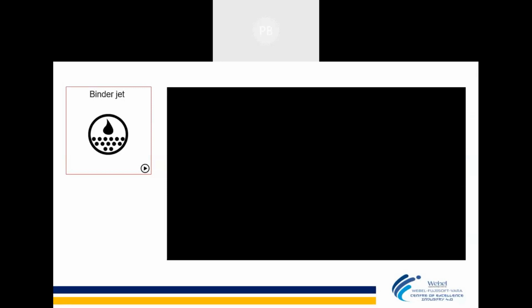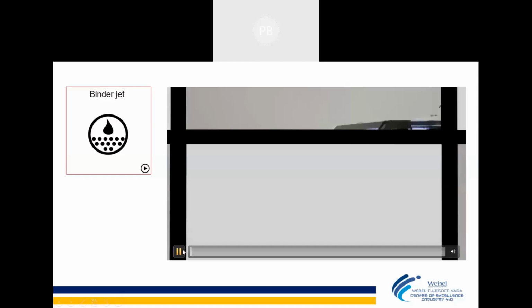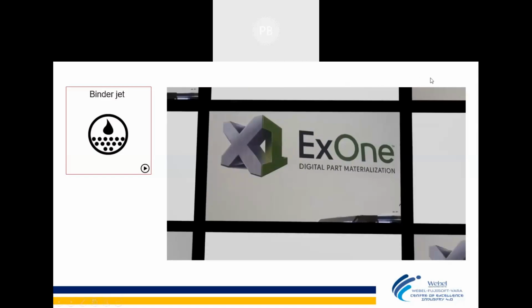Yes. So have you seen the video now? This is known as the binder jetting process. Binder jetting is a process which is more used for materials such as sand. So sand can also be 3D printed. So this is a printer. These are the printers which are used for sand printing.